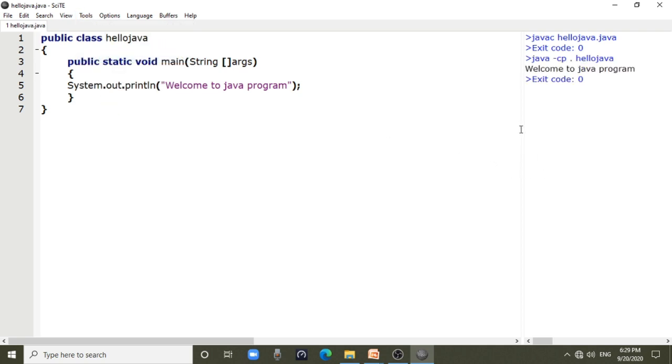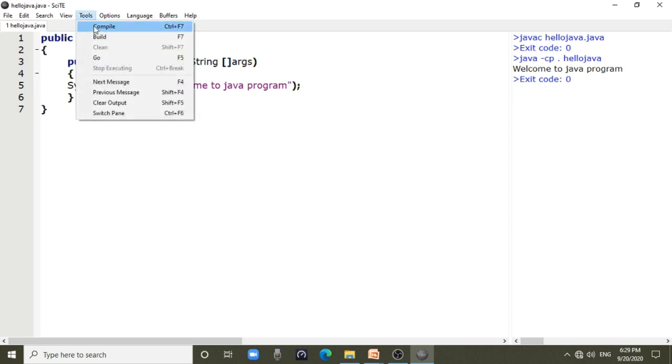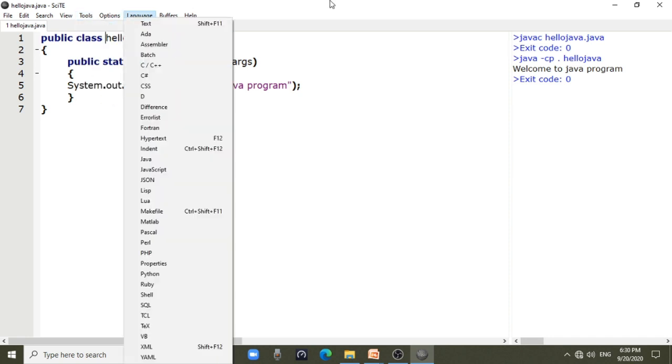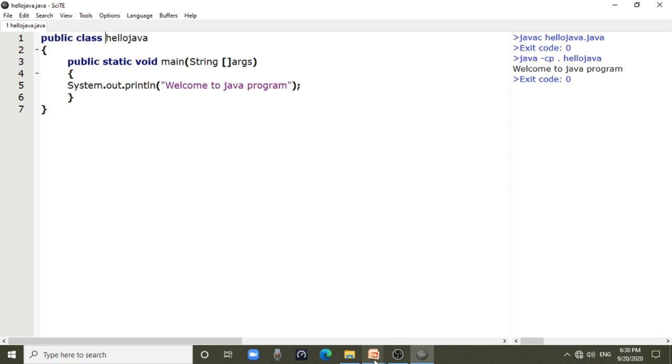It will display this program's output. It is hello, welcome to Java program. So this is the simple Java program. You can write the source code and compile it. If compilation displays a successful message, exit code 0, then generate output by using the go option in the SkyText editor.